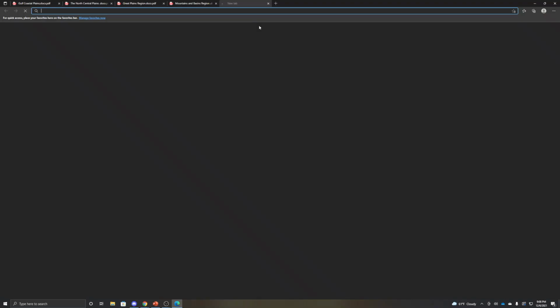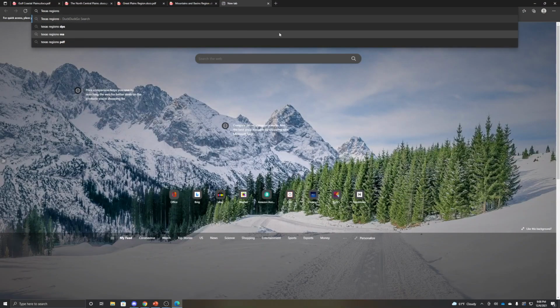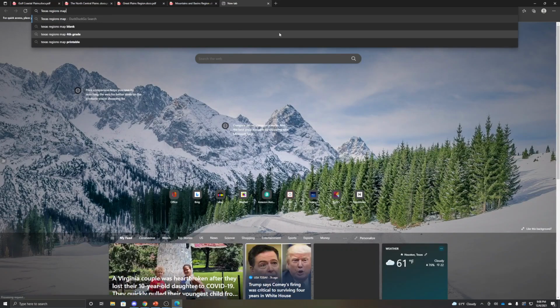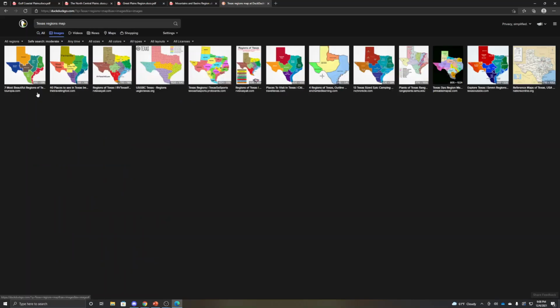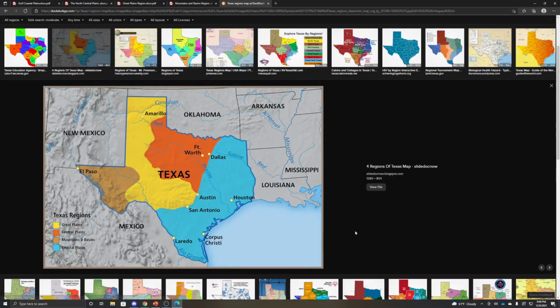Hold on, let me pull up a Texas regions map. Here we go. So Coastal Plains is going to be right here. We have Houston where we live. We have San Antonio, Corpus Christi, all of that here.